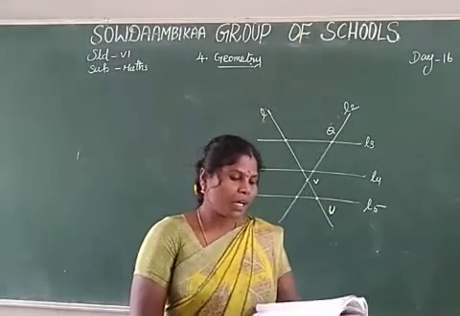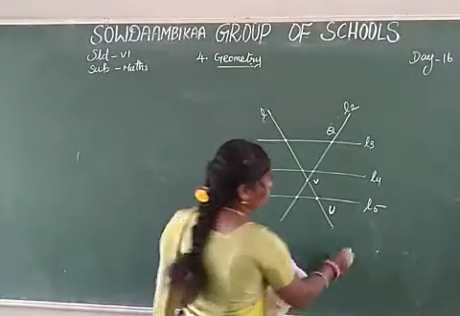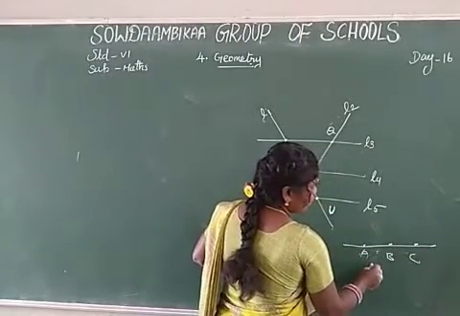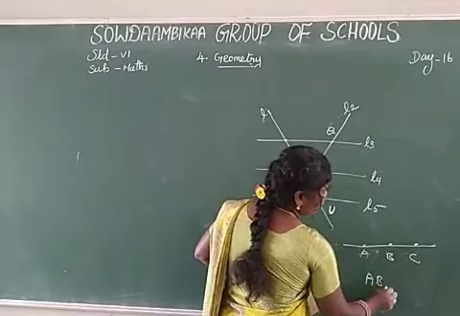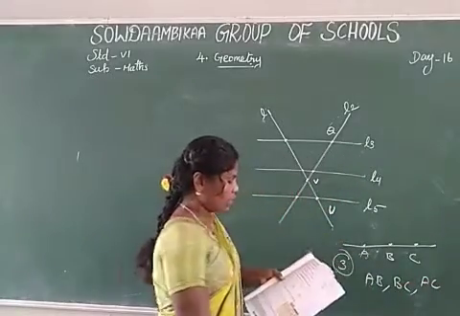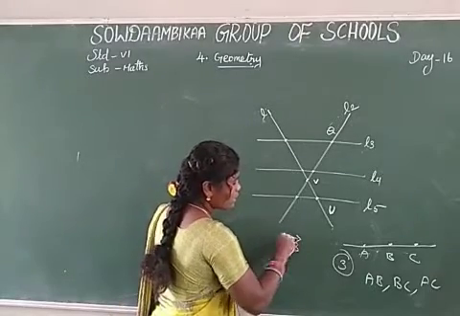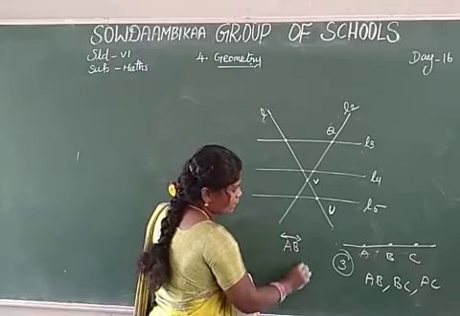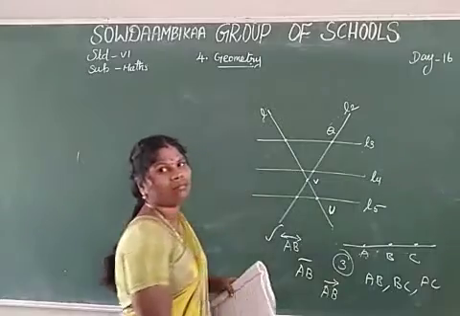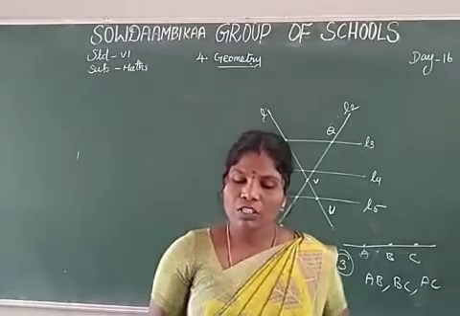Okay. Next, the objective type of question. The number of line segments in triangle ABC is given: AB, BC and AC. So the answer is 3. Next, a line denoted as this is a line, denoted as AB. Next, this is a line segment. This is AB ray. Okay, so the AB line is the answer. The first exercise, 4.1, is over.